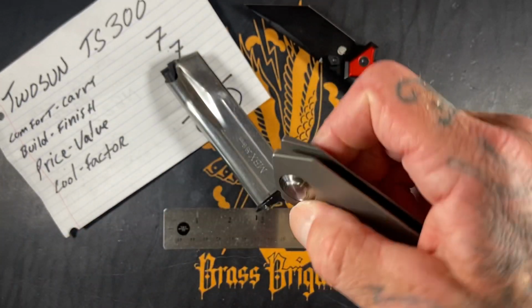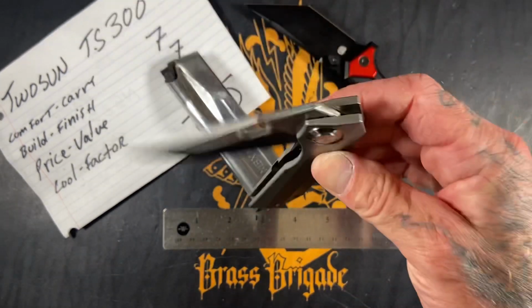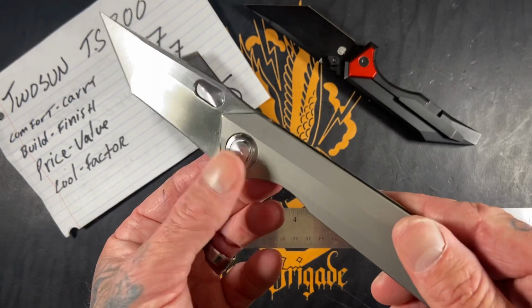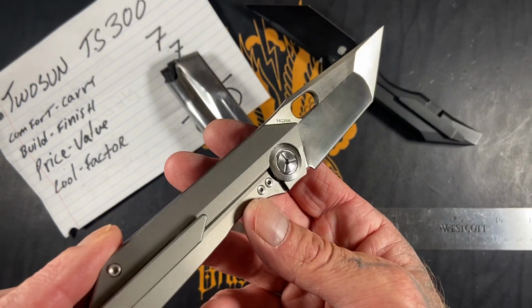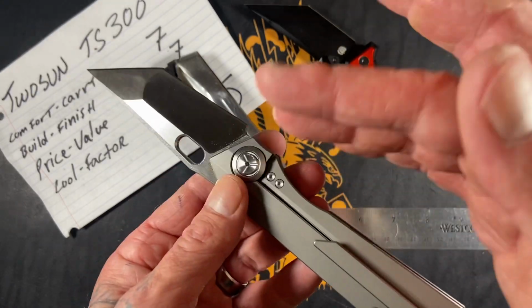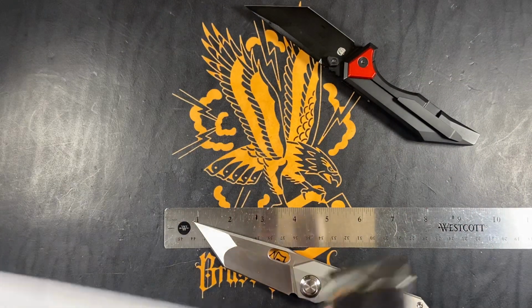Like when you're opening it, like the sounds this thing makes, right? And even on the close, it feels anemic, like weak. It's a hard feeling to explain. You know, this thing has titanium bearings. It's all titanium construction. The blade steel, ladies and gentlemen, is